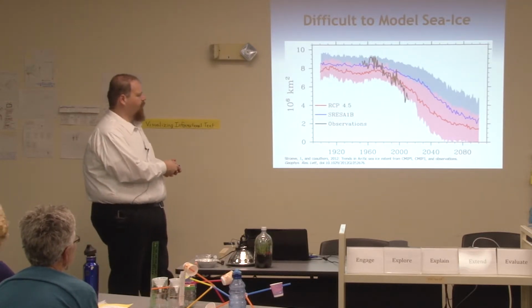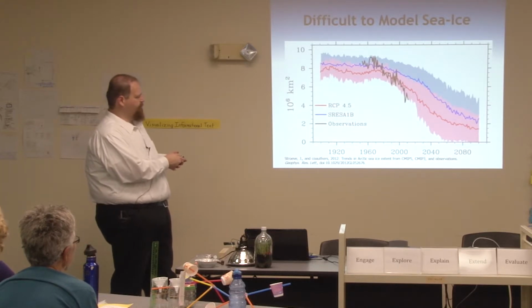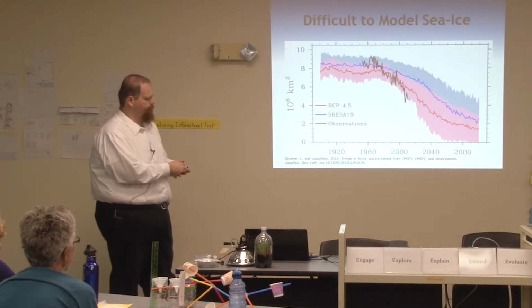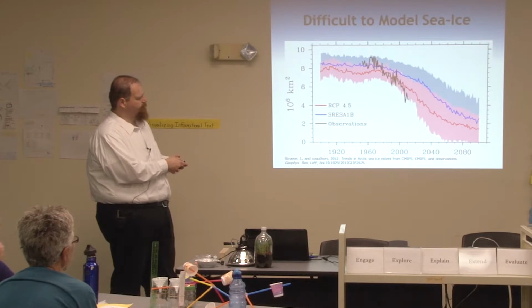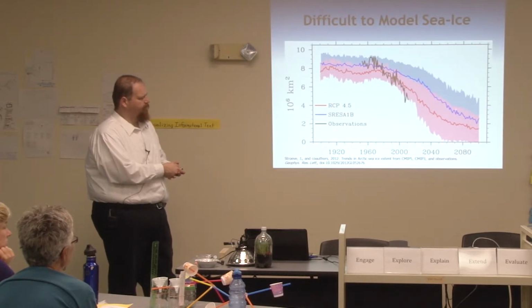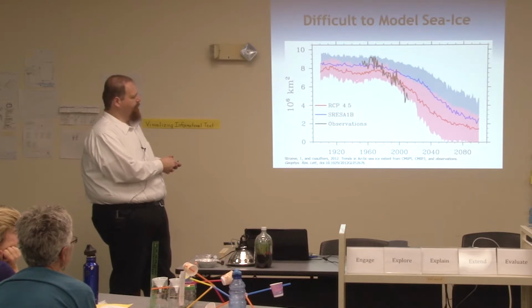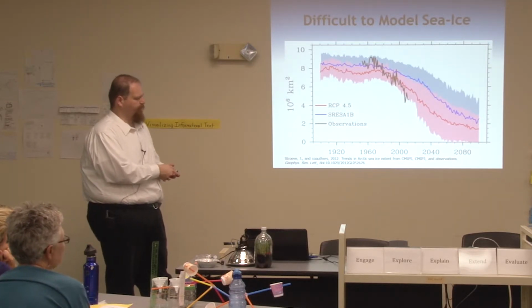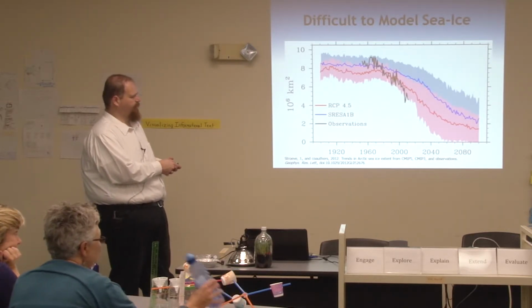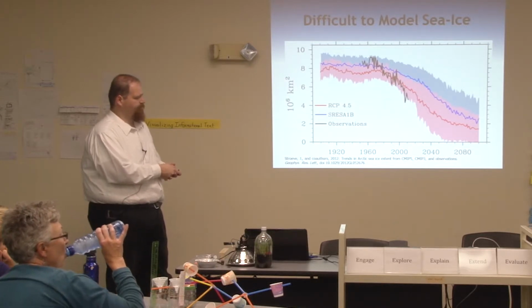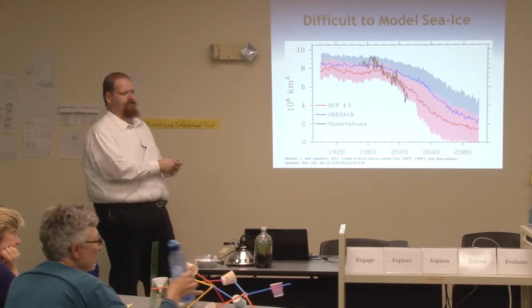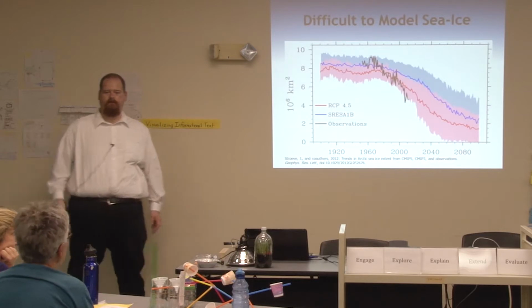And so before, all of our best models in the world projected this change, this blue line, okay? And you can see this much slower change, this slower decrease in the sea ice extent than what we're actually observing. Now we've been able to improve that in the latest go-round, the report that'll be out later this year, but in our models, we're still not melting the sea ice as fast as we're seeing it now.